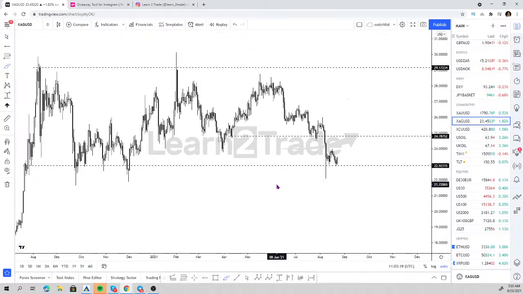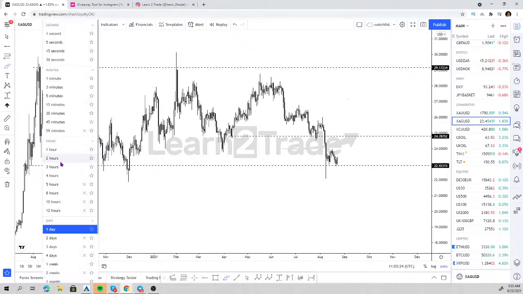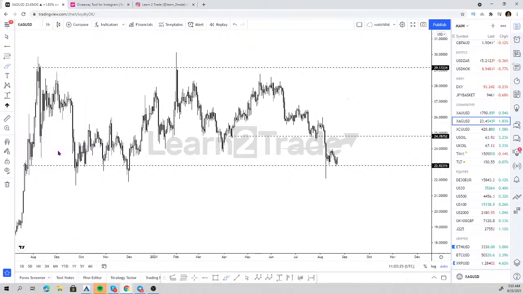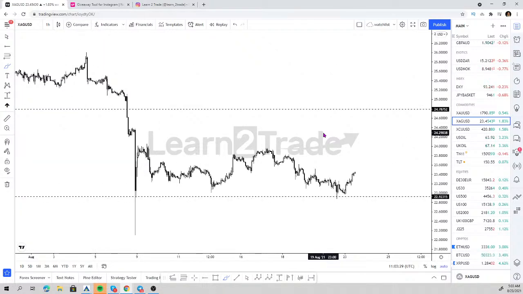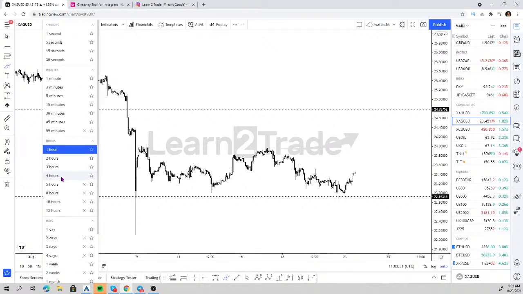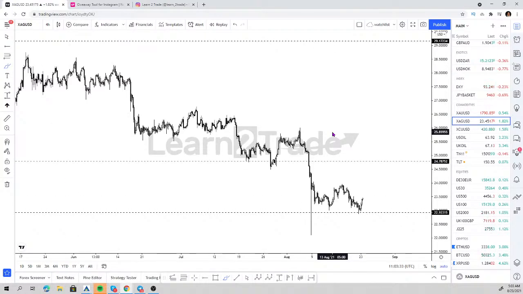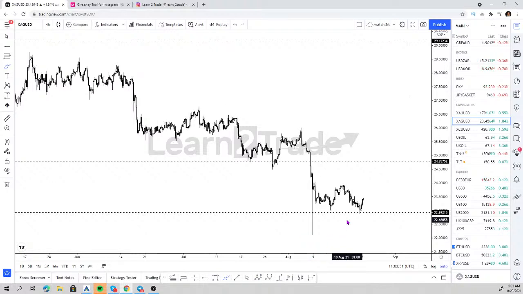And right now the metals are rallying. Let's have a look at the hourly actually. But yeah, there's no setup for me to buy into this. I'm not going to put my buy stops above these highs just because we are very close to these lows, and my stop losses would have to be below that flash crash low. So no setup in silver, but I am going to continue to look at this market.